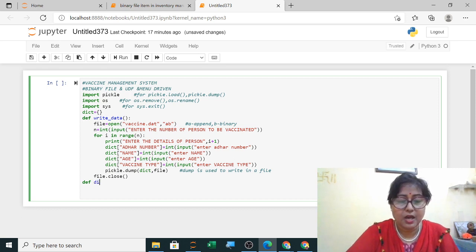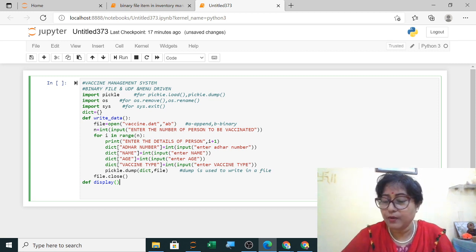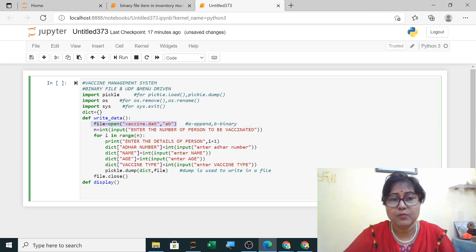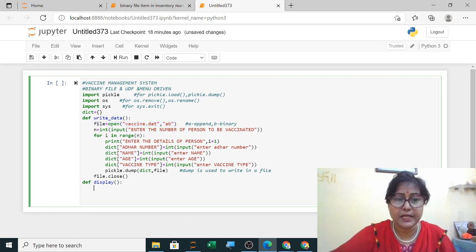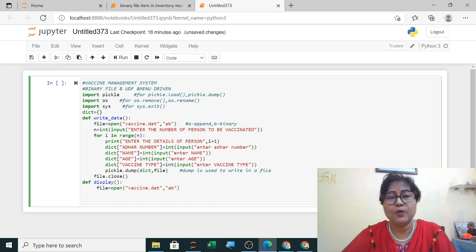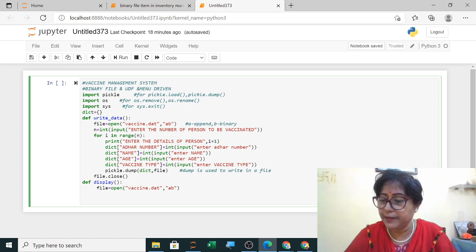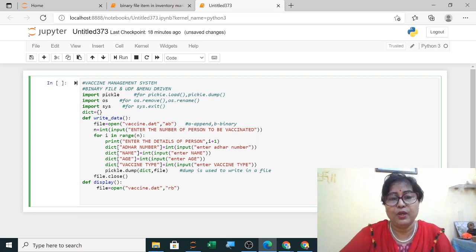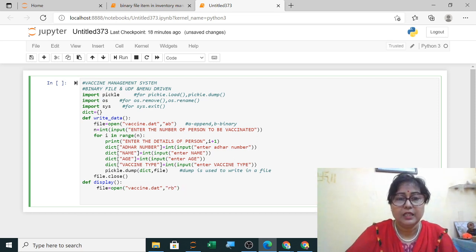So all the data you have to display, the function you will use is the same; I'm just copying it. I want to open a file, not in append mode, but in read mode. Here display is a block. In this you are opening a file, but now it will be in read mode, because you will read from the file and then display. So you write R for reading, and B, which you already know, is for binary.